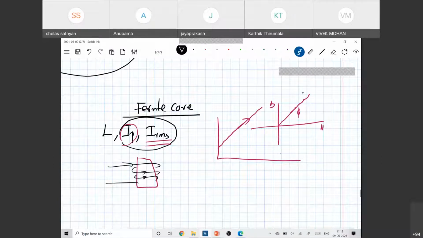If your RMS current is quite large and the resistance of the wire is high, because you have a large number of turns, then it will generate a lot of heat. Once the heat increases, we have already seen that the flux density reduces. Secondly, maybe the insulation may dissolve, there may be a sudden short circuit, etc. So this RMS current and the peak value of the current, these two things we have to take into account while designing an inductor.